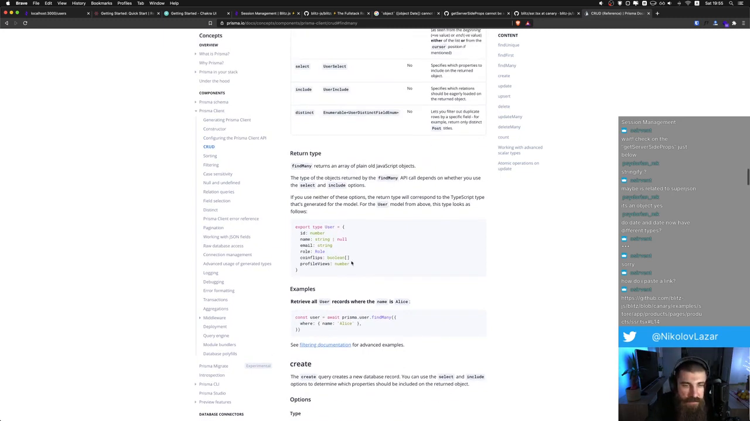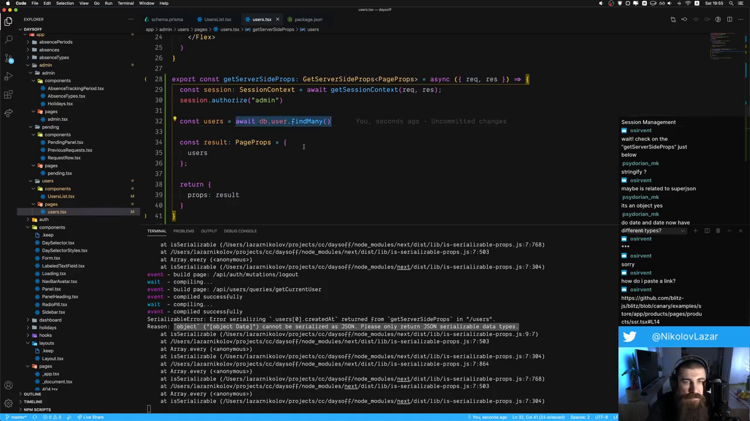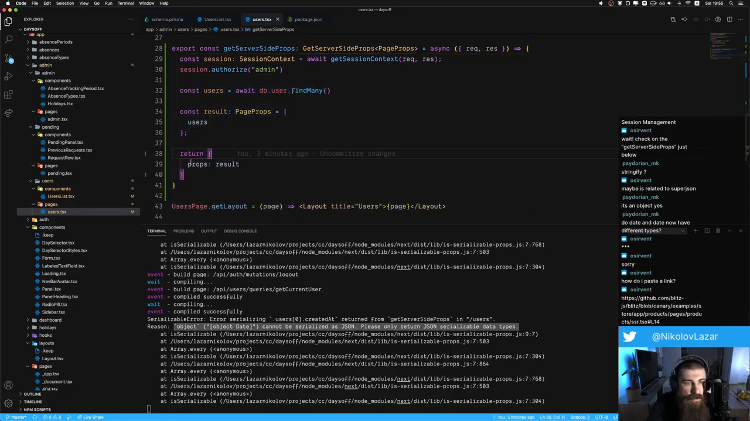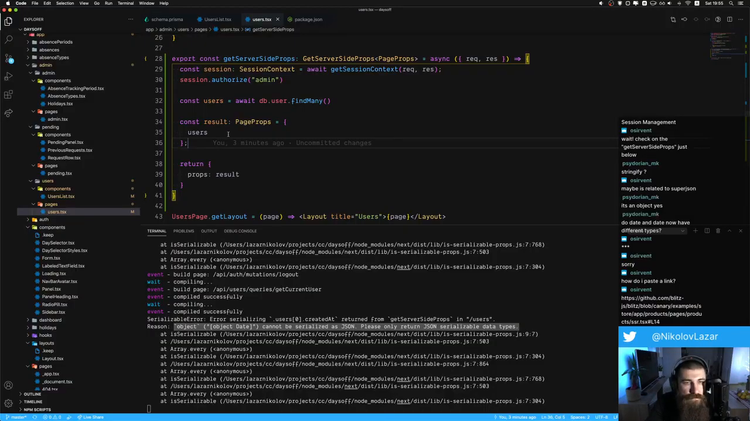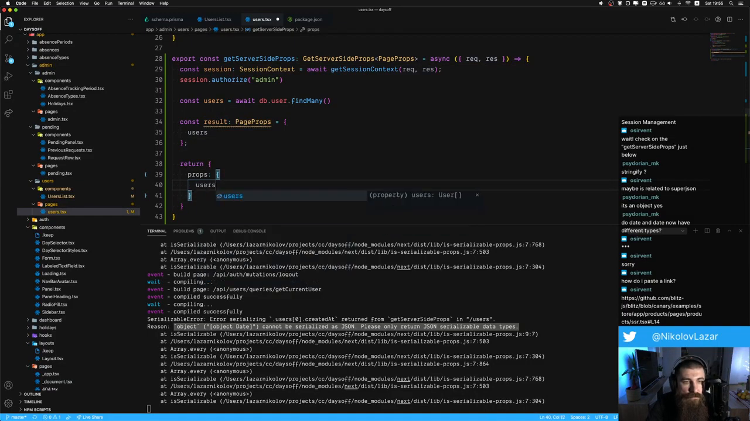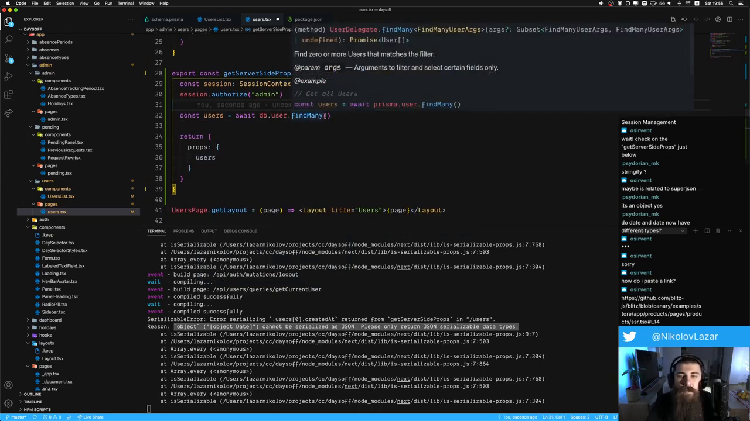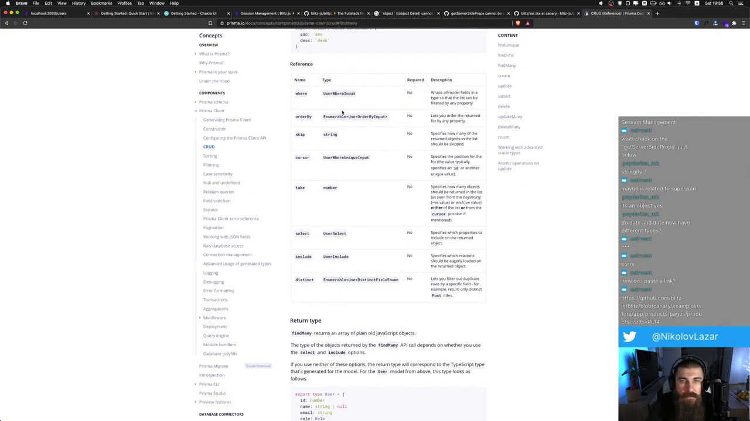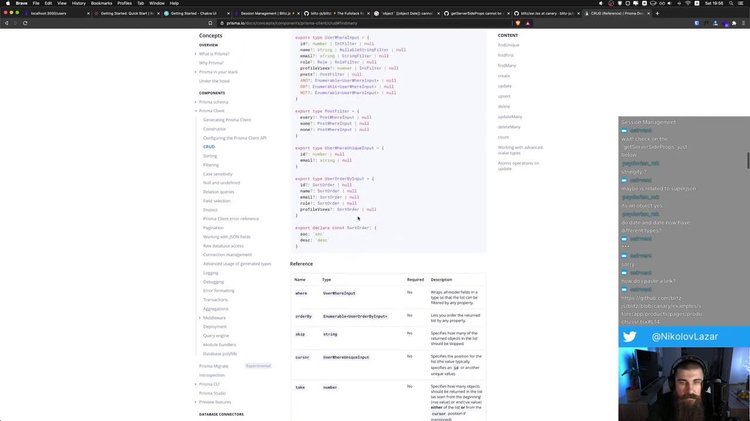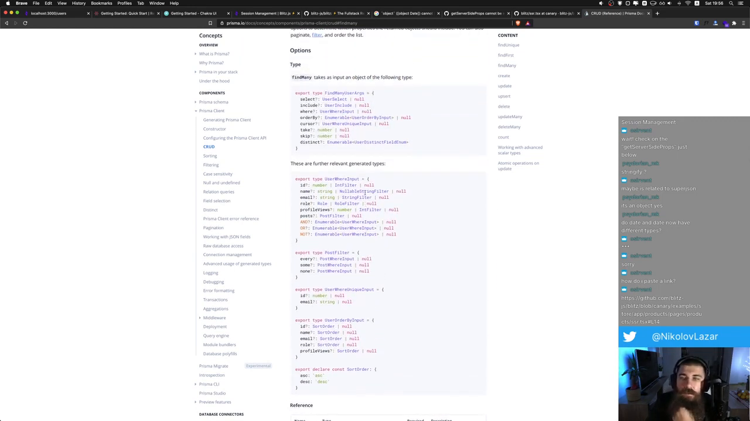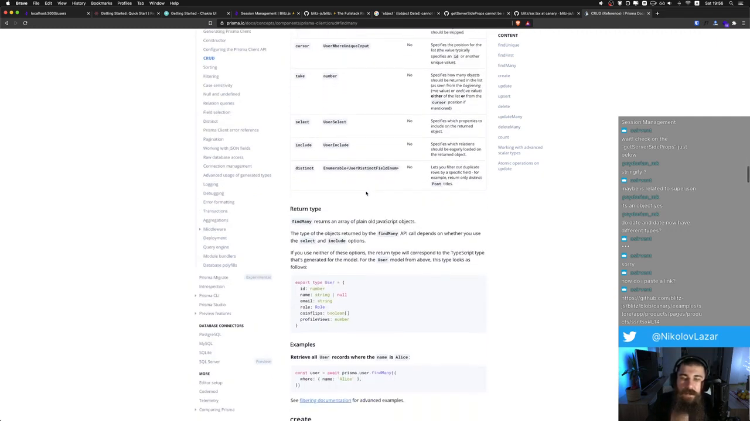This could be the case, guys, because we are using Prisma to get the data from the database, and then when we try to actually return it, that's what happens. findMany. So it says that the return type of findMany depends on whether we use the select and include options. And what does that mean? What if we use select, and what if we use include, and what if we use none of them? TypeScript type that's generated for the model. For the user model, that type looks like this, but